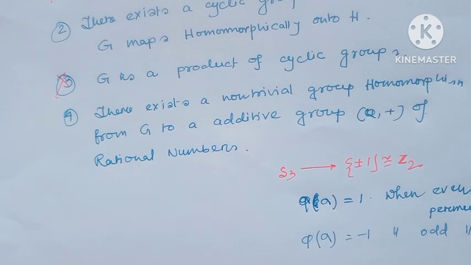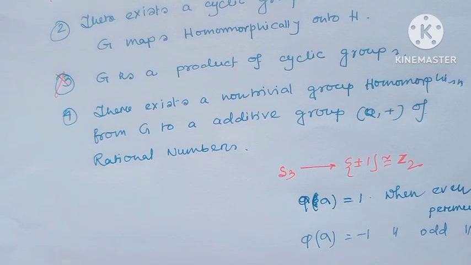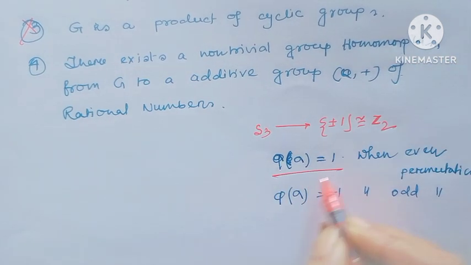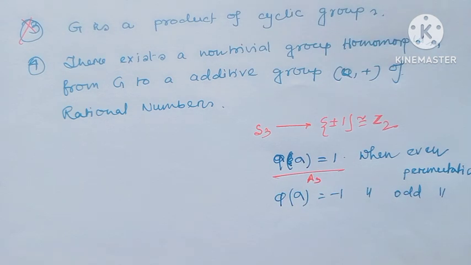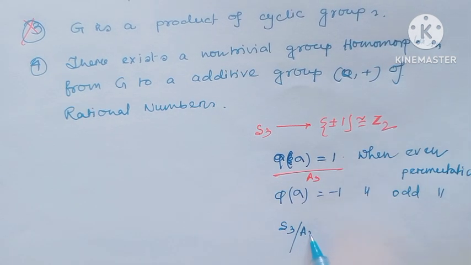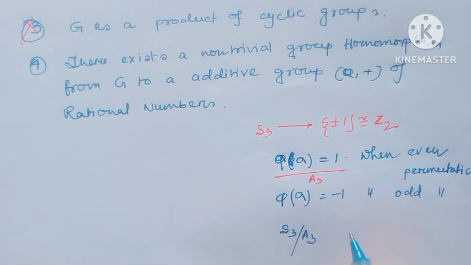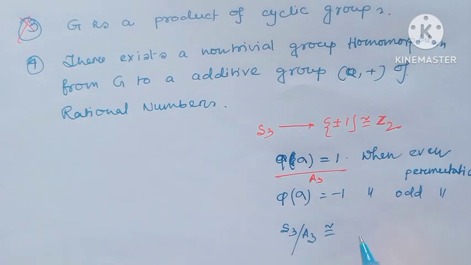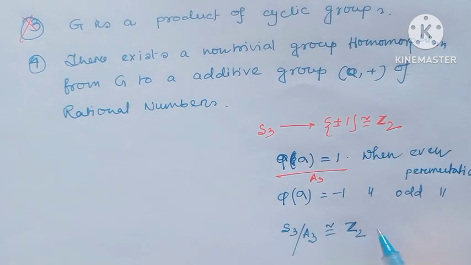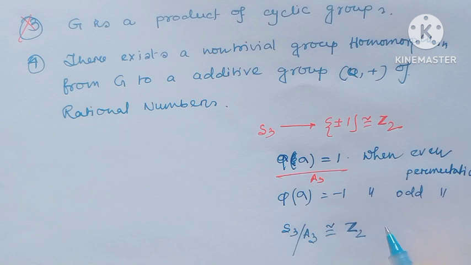Okay? Then the even permutations are actually nothing but A3. Then by the quotient rules, S3 modulo A3 is isomorphic to Z2,